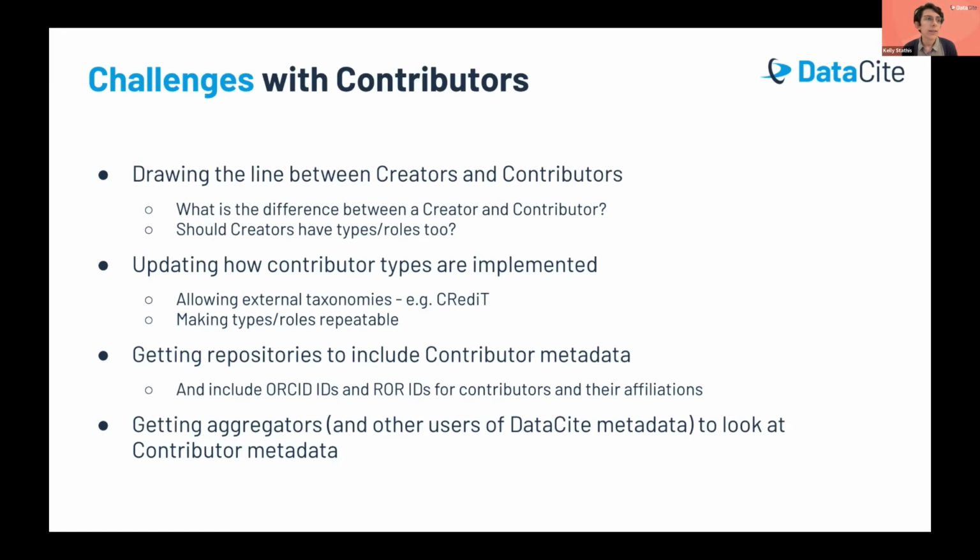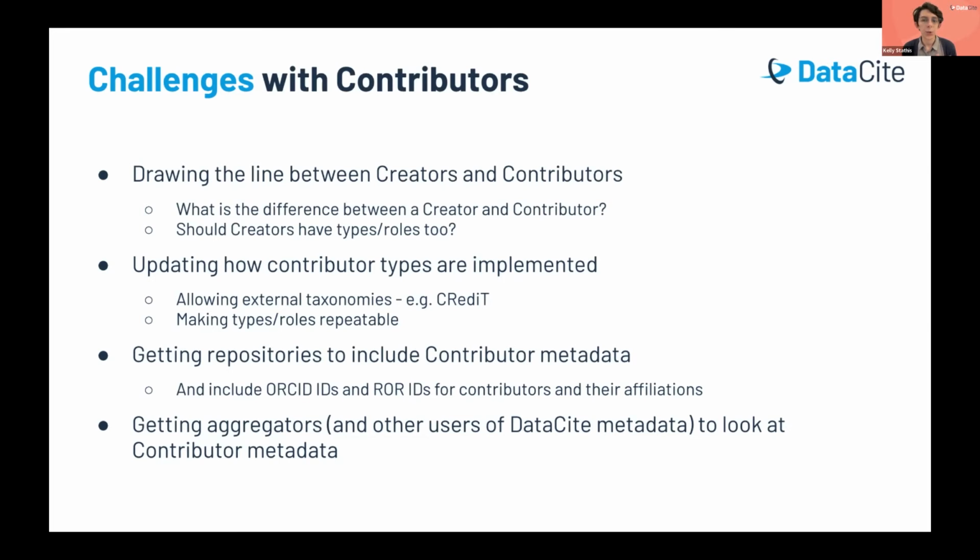Another difference in our current implementation is that contributors have types or roles, but creators don't. And we've seen various workarounds for this where creators are duplicated as contributors with their roles as contributor types. To start addressing some of these challenges for the next major schema version, the metadata working group is exploring some updates to how contributor types are implemented. We've had many requests for support for credit roles, but because DataCite already has a control list for contributor types,